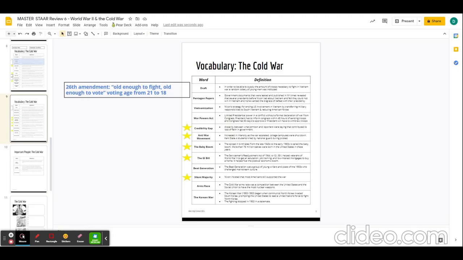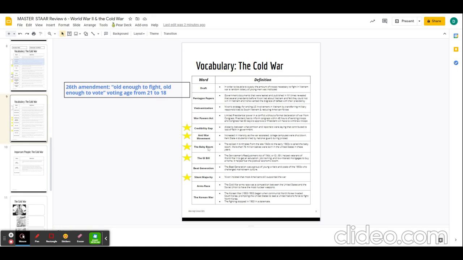The baby boom, that from the 40s to the 60s, there was this huge spike in birth rates after World War II, where people were kind of just happy and celebrating and enjoying life. And it led to a huge population increase. Y'all, I think, refer to them as boomers nowadays. We also have the GI Bill, which was the benefits to the troops after World War II as far as education, job training, mortgages, and all of that. And then the silent majority, where Nixon was like, no, America still supports the war, they're just silent. You know, that's what he believed anyways.